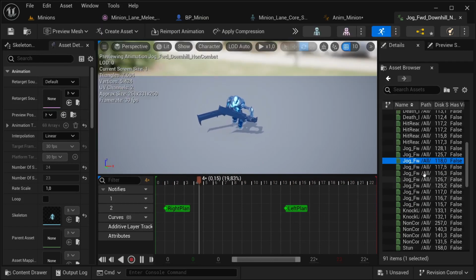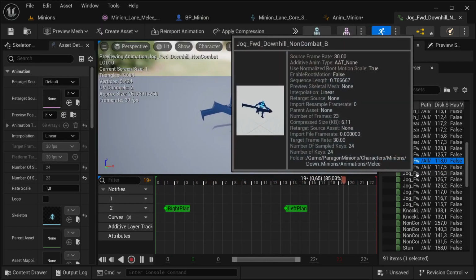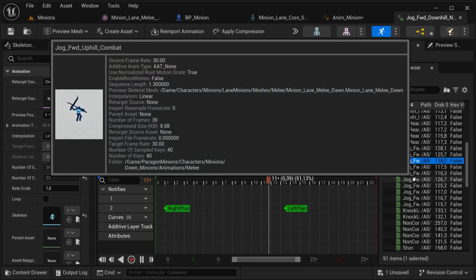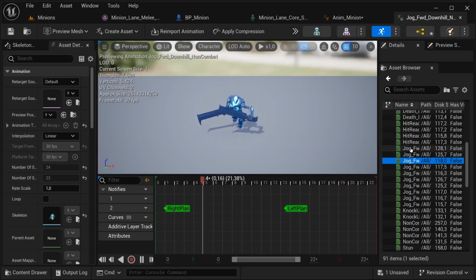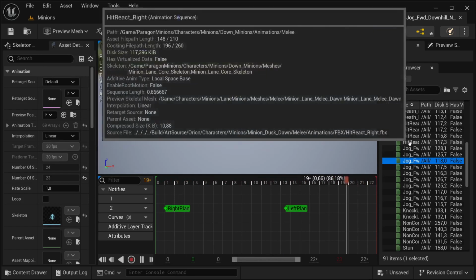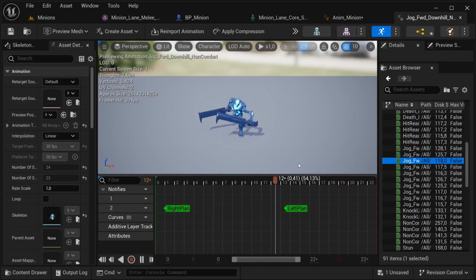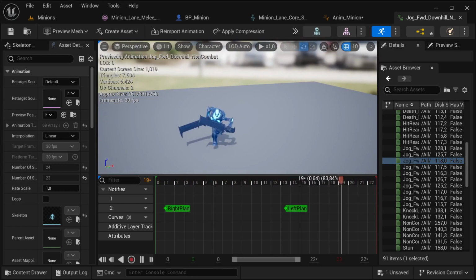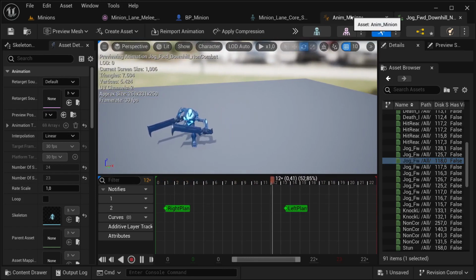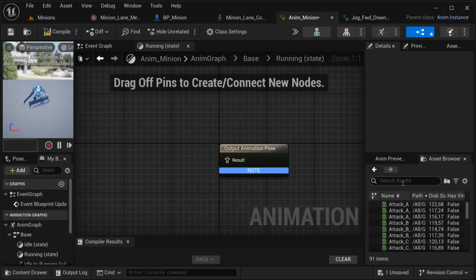This is for downhill. Yeah, let's see. So even though it is downhill, I quite like this one. So I think I'm going to be using this one even though it is for downhill. Yeah, I like this one. So let's go to the mount anim menu. Let's get jog forward,